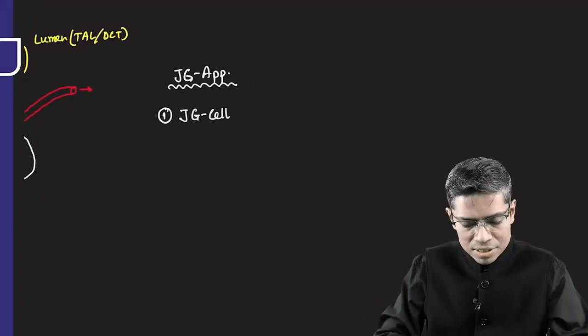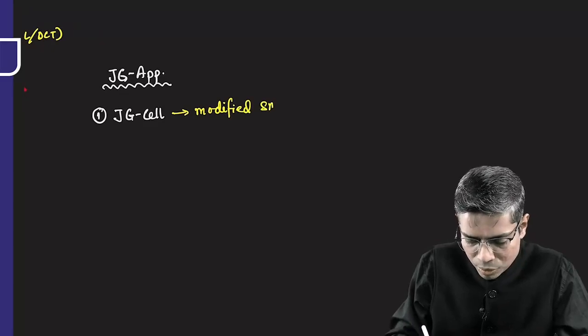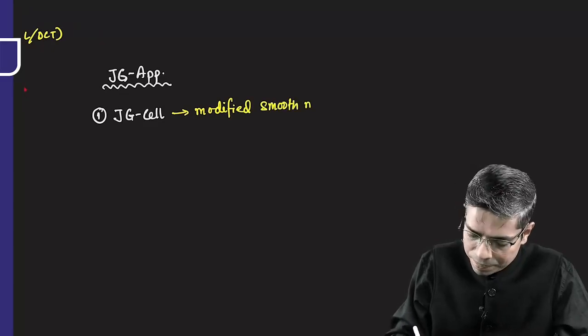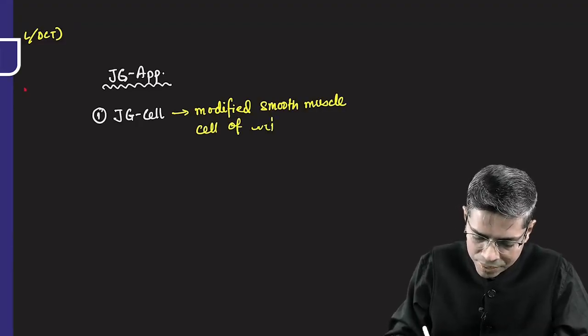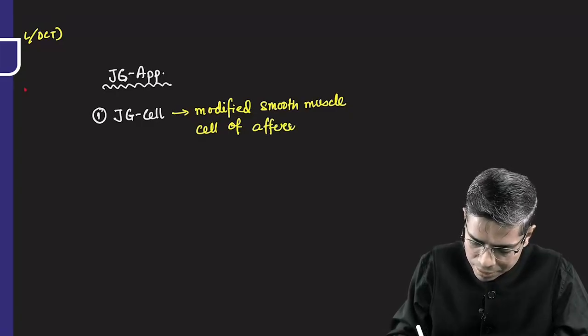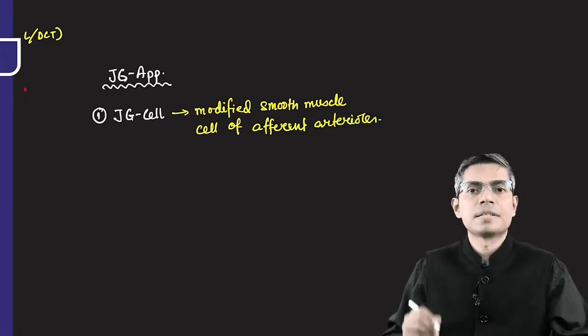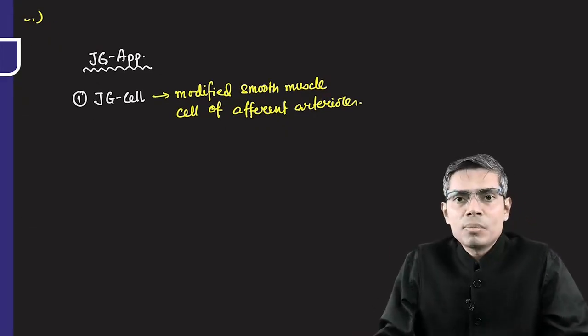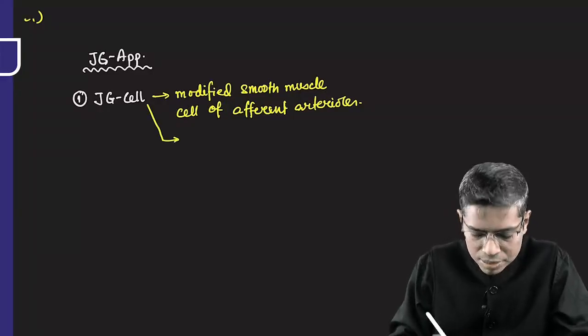So if I ask you what is a JG cell, your answer will be that it is nothing but modified smooth muscle cells of the very important afferent arteriole, right? They are the JG cells. Now I told you modified. What kind of modification is happening? Rather than smooth muscle,